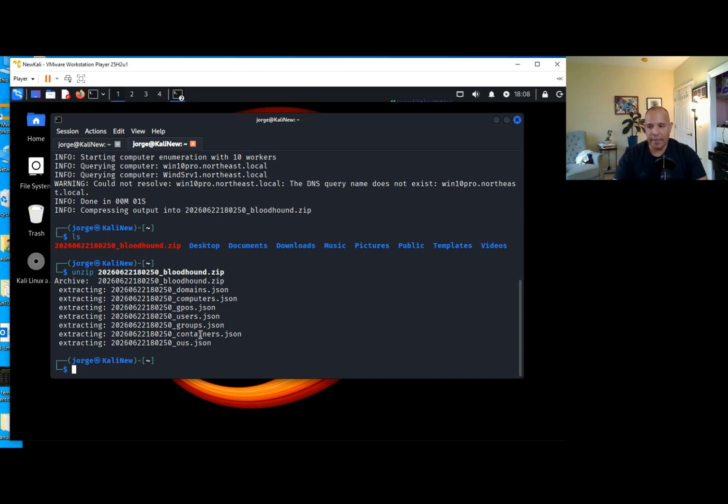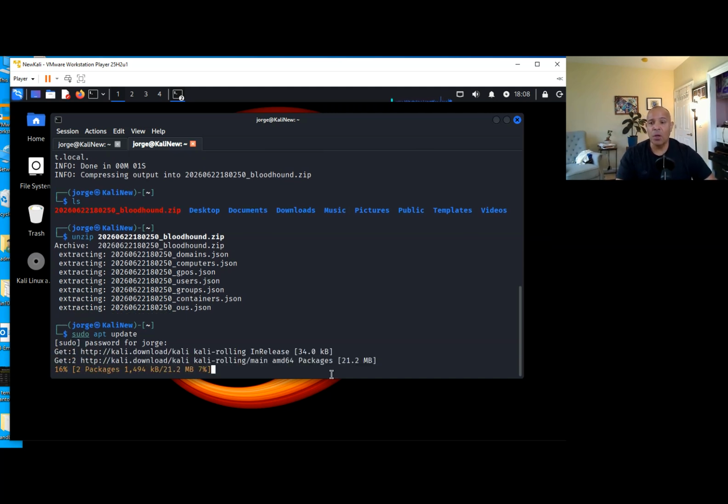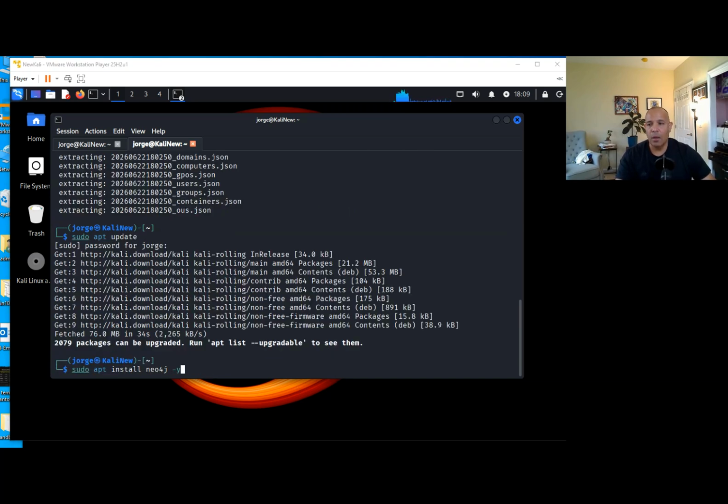And just like anything else that we do in Kali, sudo apt update, we're going to just do the regular updates. You don't have to do this if you have updated your system, but this is something that we do as part of best practice to make sure we have the most relevant packages when we're going to be doing the installation. And now that I have updated my system, I'm going to install the Neo4j,